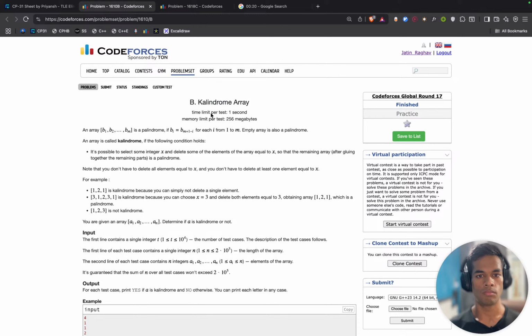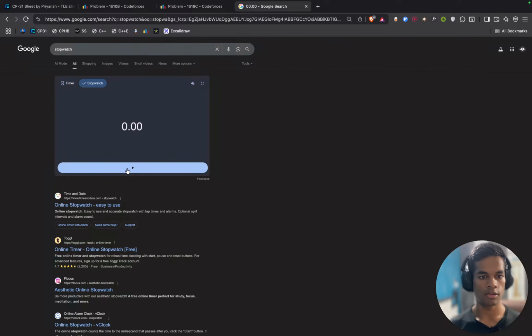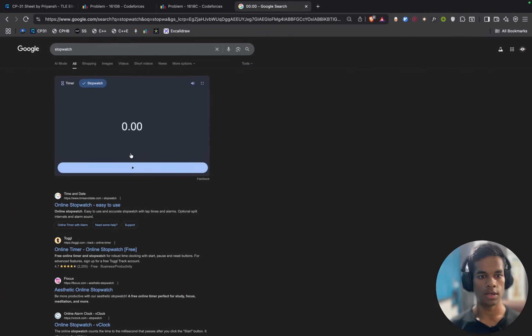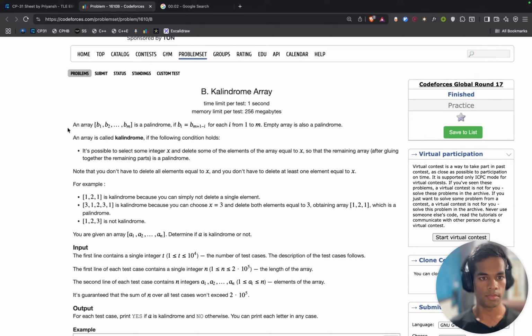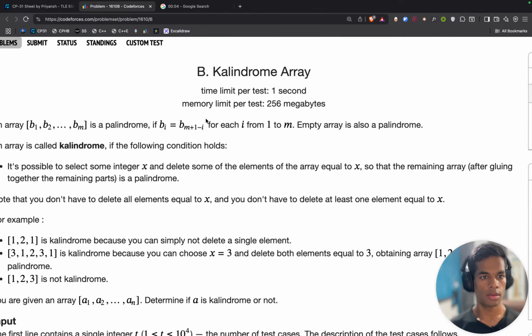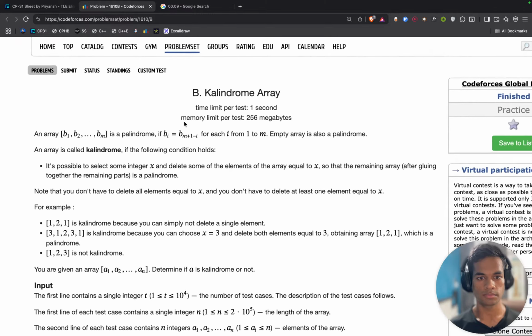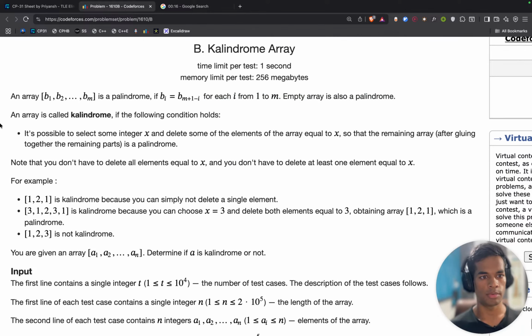Kaleidoscope. So let me restart the stopwatch. Let's see. An array B1 to Bm is a palindrome if bi equals b(m+1-i) for every i. An empty array is also a palindrome, and an array is called kaleidoscope if the following condition holds.